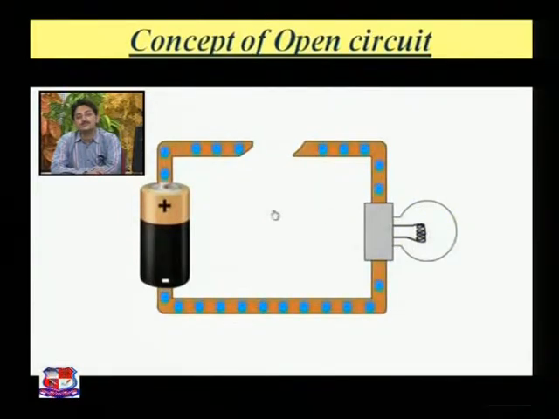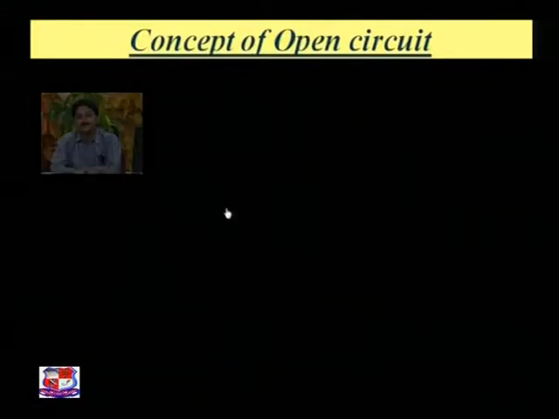But if the path is broken here, it behaves like an open circuit. And friends, keep in mind that an open circuit has a very large resistance. If the value of the resistance is very high, the current will not flow in the circuit and ultimately the bulb will not glow. So again we can conclude that in an open loop circuit the current will never flow.